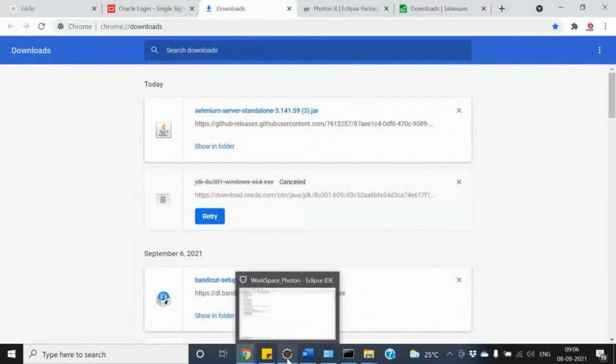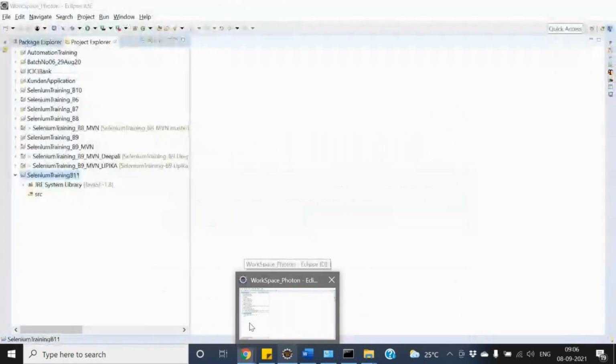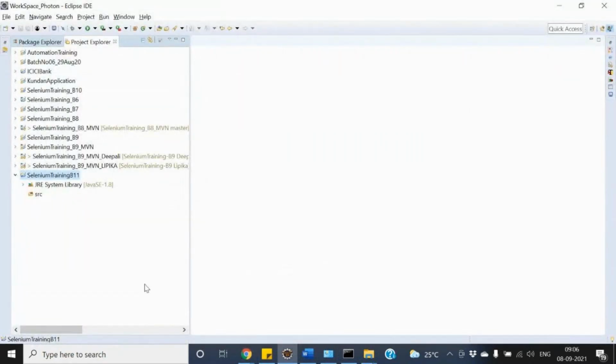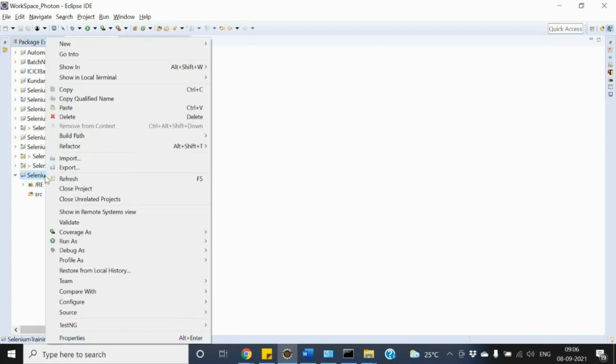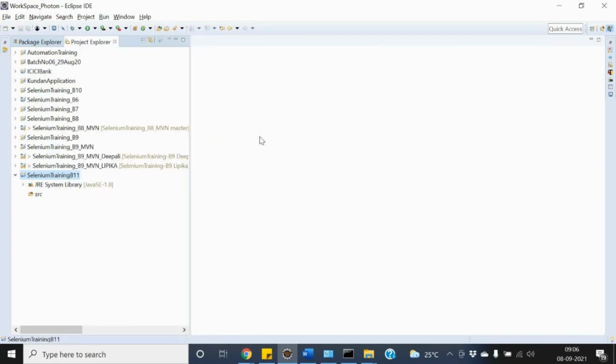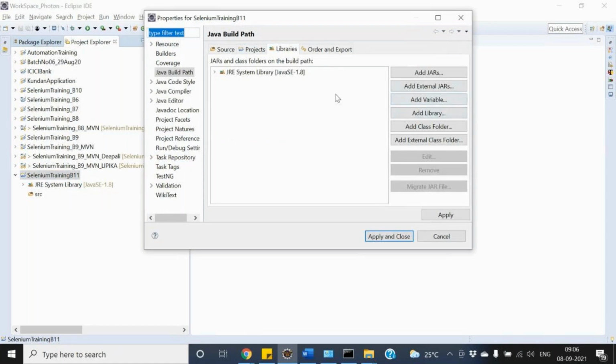Once you download this jar file, you need to import it in your Selenium project, the project which we created. How do I do it? Just right click on this project, say build path, configure build path, and over here add external jar.